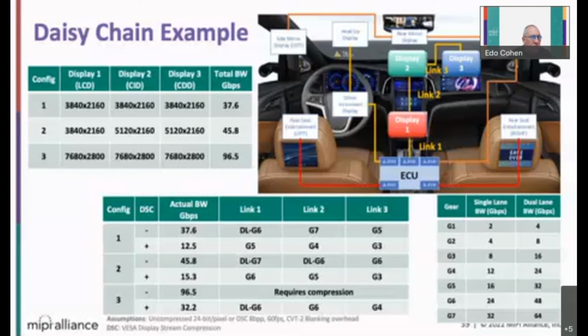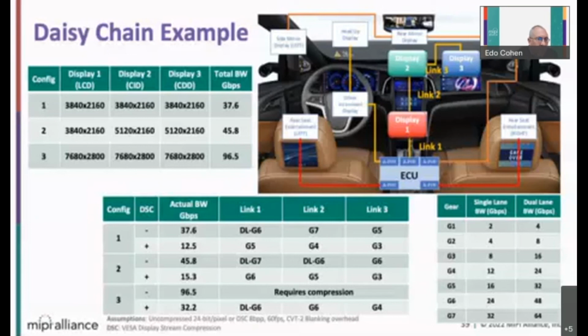In case there is no compression, a dual link of Gear 6, which supports 48 gigabit per second for the dual lane capabilities. And then the second link after supporting display 1 will be sufficient as Gear 7 single lane, which is 32 gigabit per second. And then, getting to display 2, the third display could be sufficient with Gear 5, which is 16 gigabit per second.